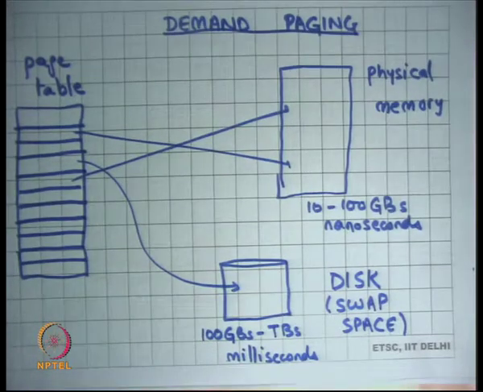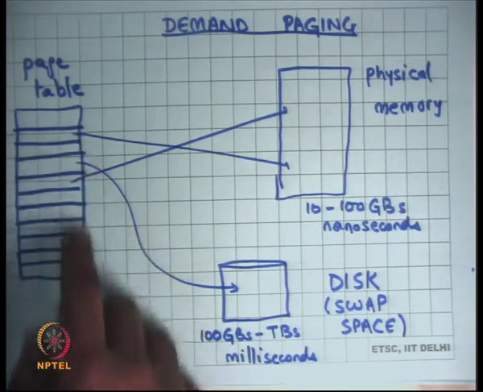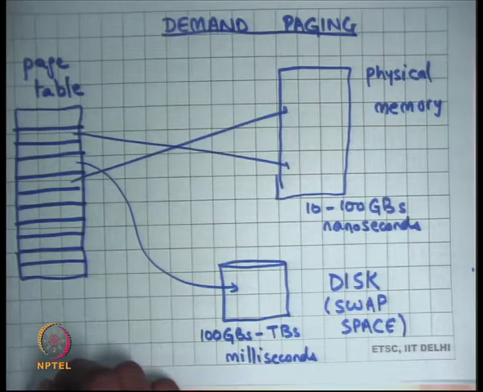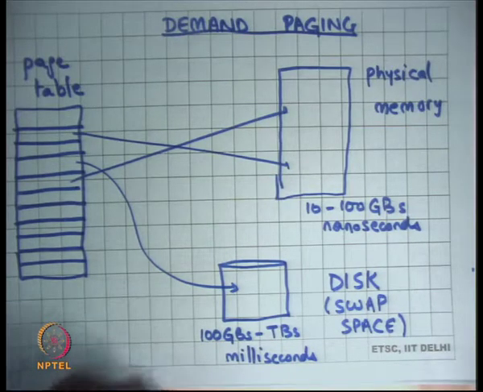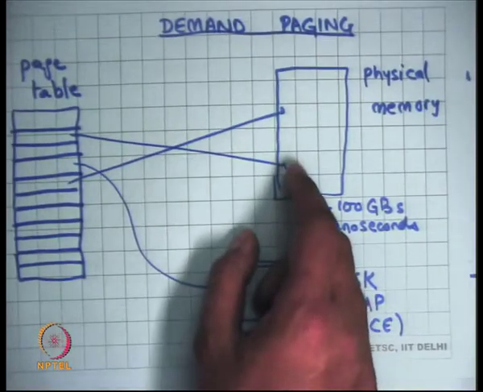Right, so we were discussing demand paging last time, and we said that demand paging is a way for the OS to fool the process into believing that it has more memory than it is actually occupying in the physical sense. So a process may see a very large virtual address space, and recall that the virtual address space is implemented by a page table, assuming you are using paging. It may see a very large virtual address space, but only some part of it may actually be present in the physical memory.